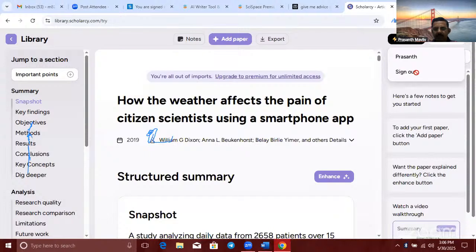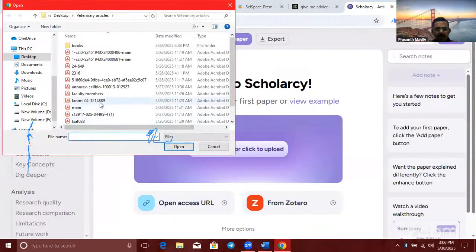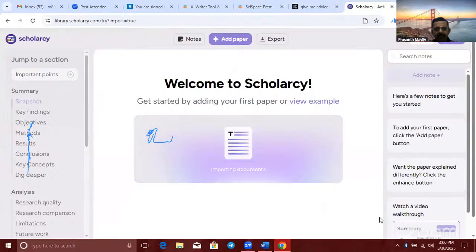That's why we can sign out and add a paper. You can drop a paper over here. I will drop one here. And immediately, within seconds, it will scan the paper and give all the things we discussed before on the left side. It is scanning the paper. It will take a little time.